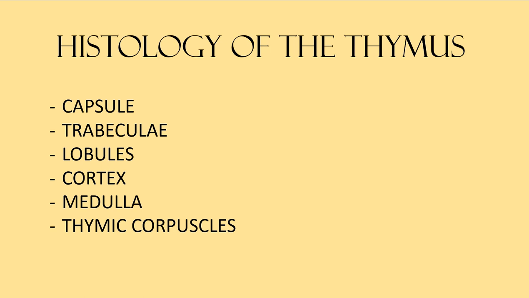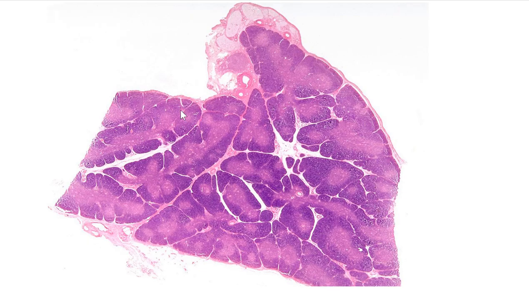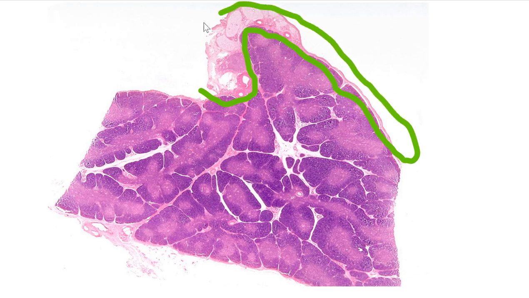So, moving on. We're going to have the histology of the thymus. So for the thymus, we're going to be looking for the capsule, trabeculae, pointing out our lobules, finding cortex and medulla, as well as thymic corpuscles. So first, let's look at a thymus. So this would be a thymus here. You can see right off our capsule, which is of course near our apical surface,